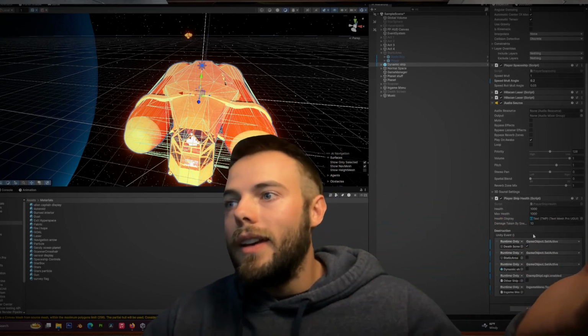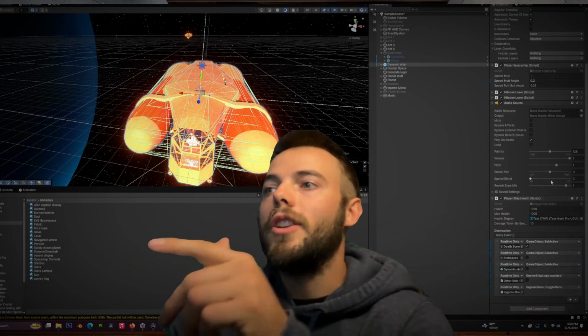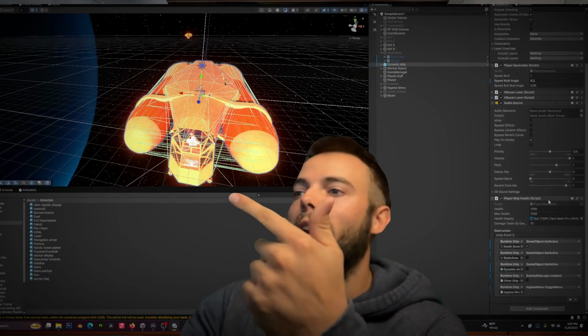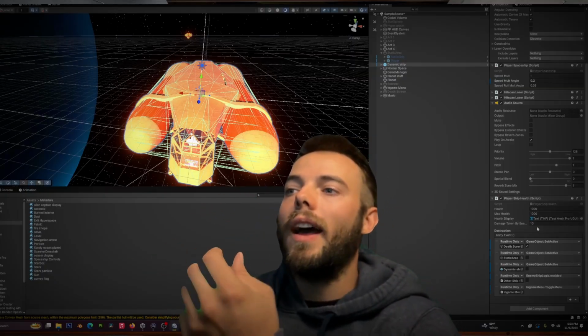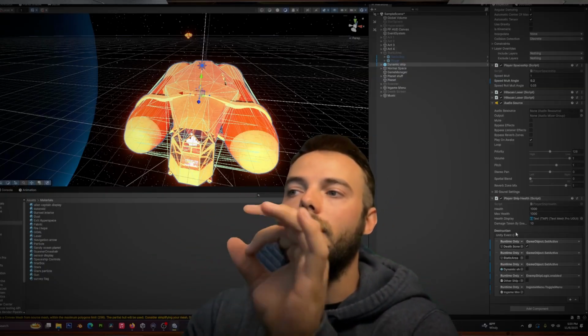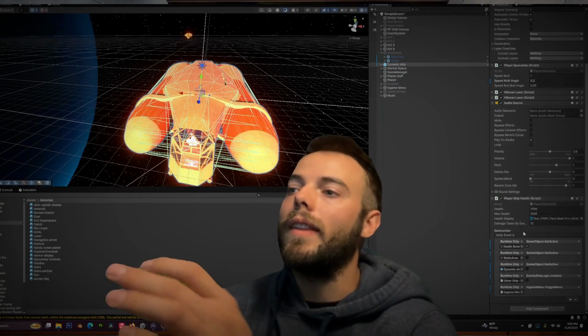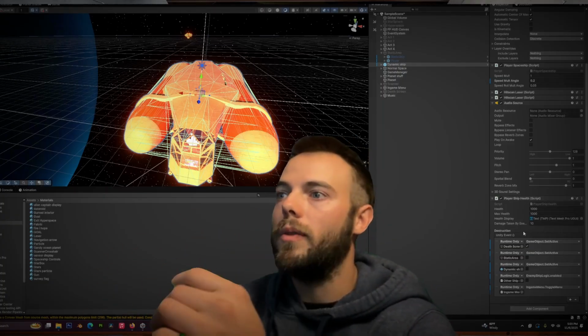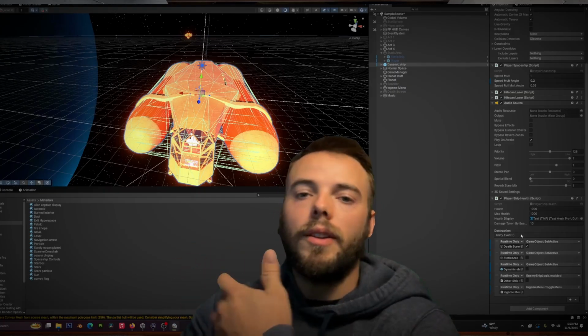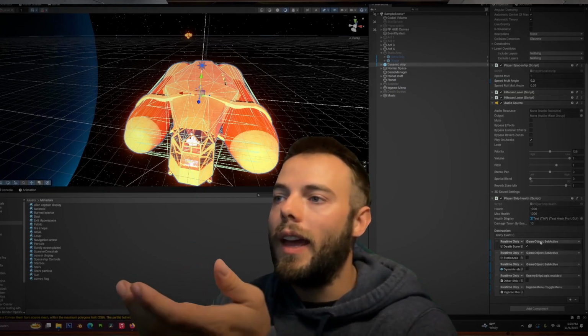And yeah, you can also see that I have a player ship health script here. And this is something, I think this was the first time I really started doing this. I had this idea for Unity events. I think I mentioned that I do this now in a previous video, but just doing a serialized Unity event